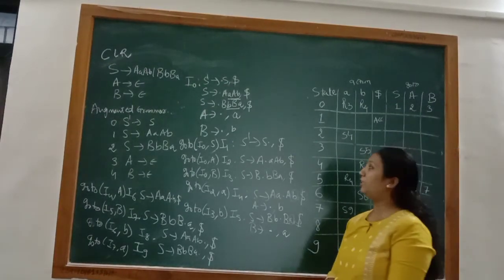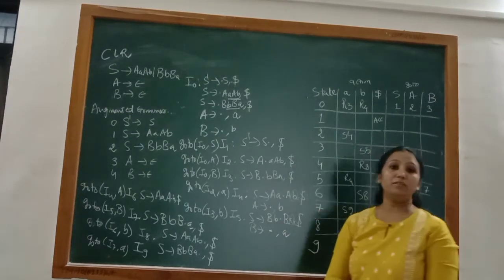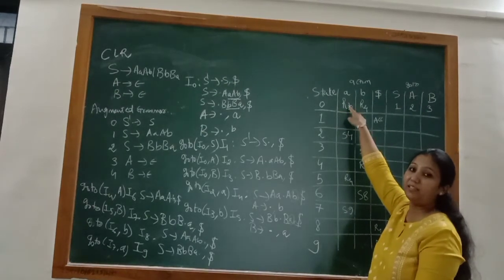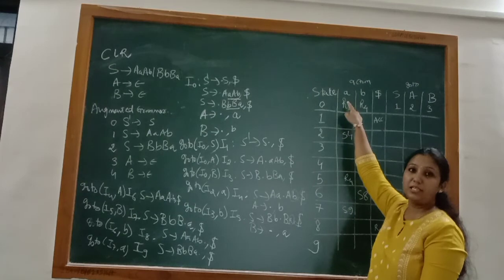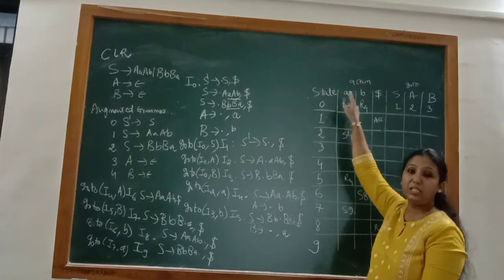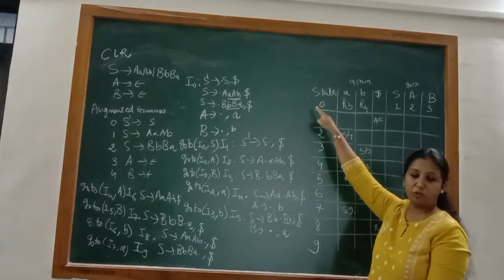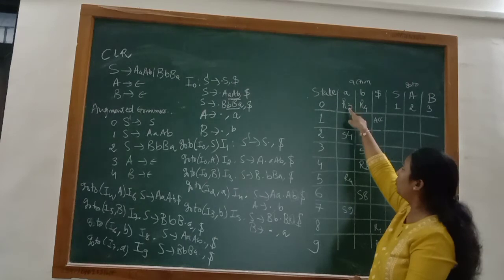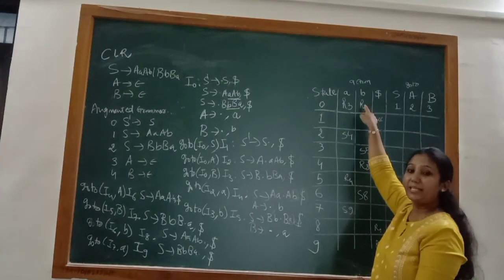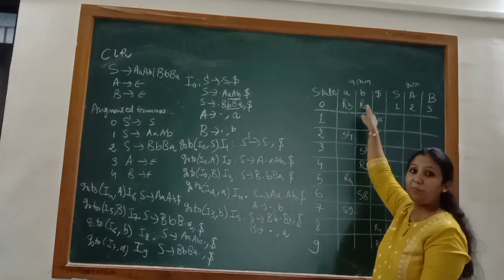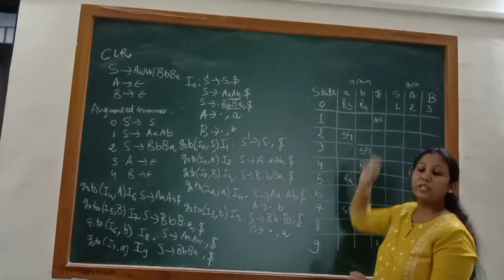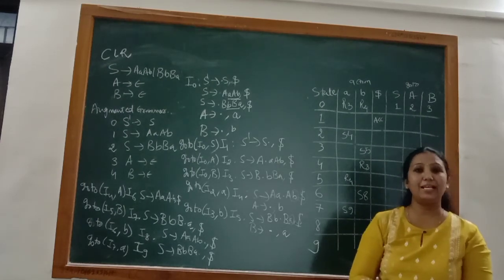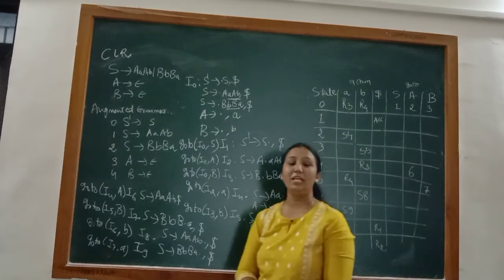If you remember the previous video, over here in the first state itself we had a reduce conflict, because in that case the reduce entry was made in the follow of the left hand side non-terminal. But here, by taking the reduce entry in the look ahead, the reduce conflict can be eliminated. So CLR is a more powerful parsing technique compared to SLR and LALR. Hope this video will be helpful to you. Thank you.